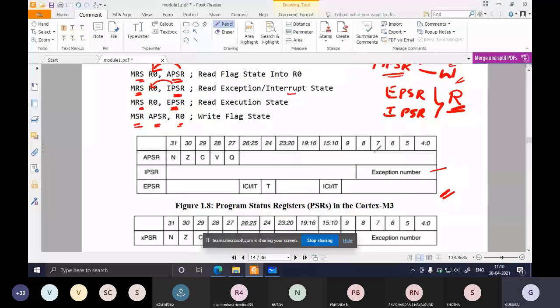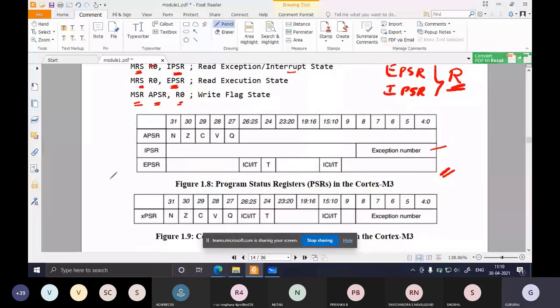Next is EPSR, the execution program status register. It will have two types of information. One is ICI/IT. ICI means interrupt continuable instruction, and IT means if-then instruction.